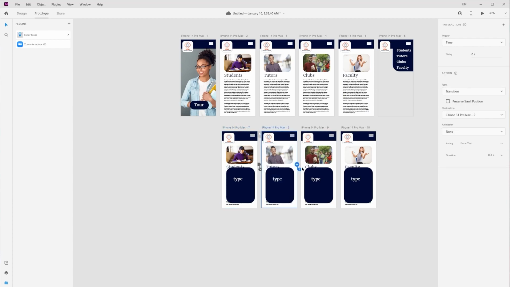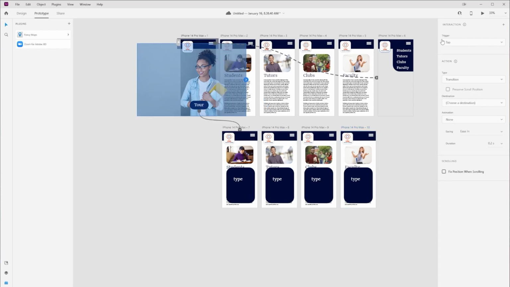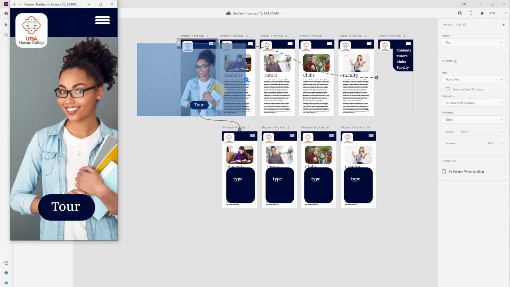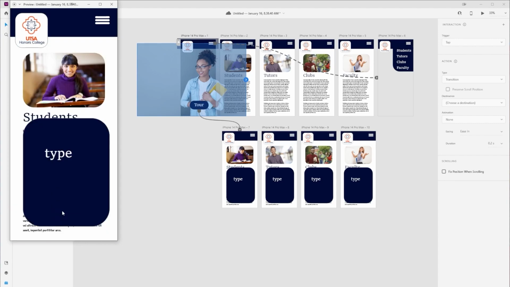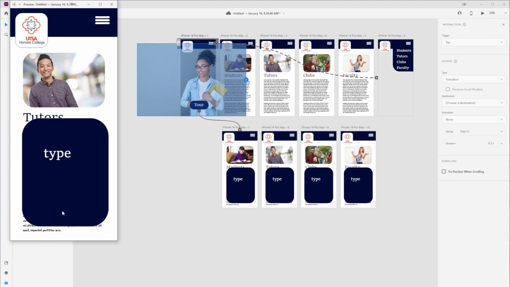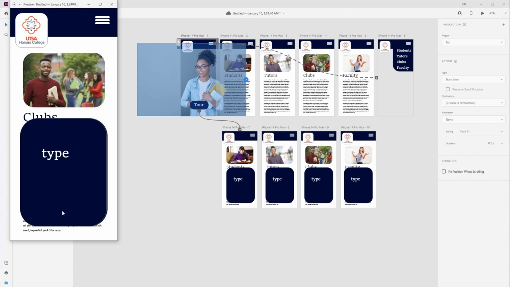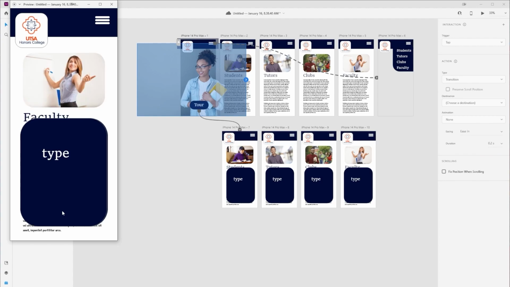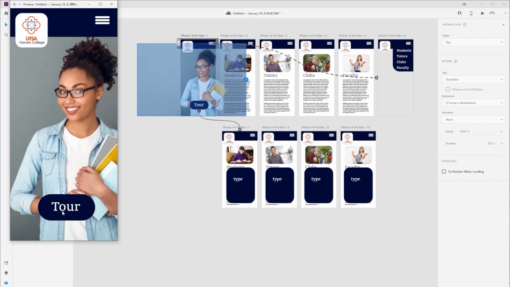Click this, drag it over, set it to 2 seconds, click this, drag it over, 2 seconds. I'm going to click this and then drag it back to the starting page again. So when it finishes up, it goes back to the beginning. So now let's click on this and go to play. And if I go to tour, we can see that it's automatically going to go through the tour of our pages here and give the user an overview of things. So really easy trick to use there.